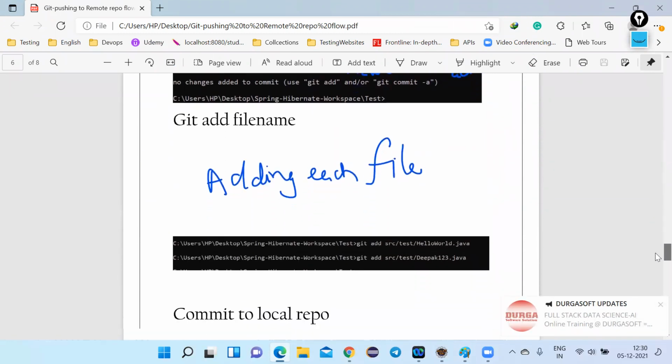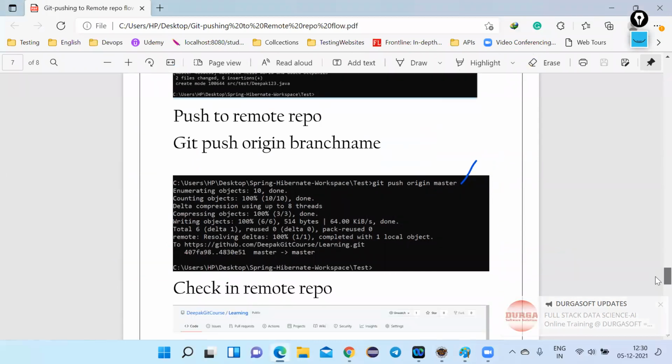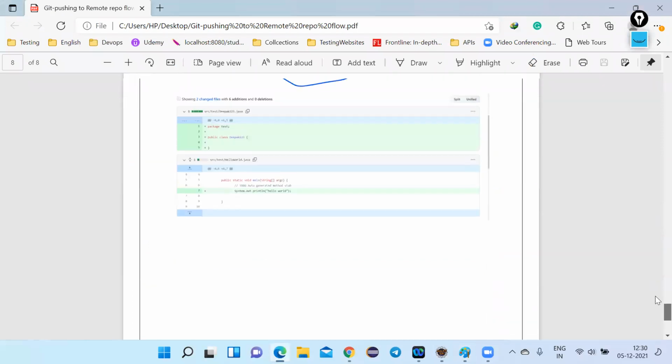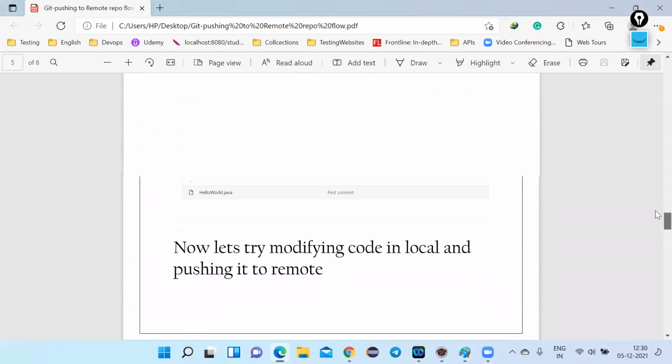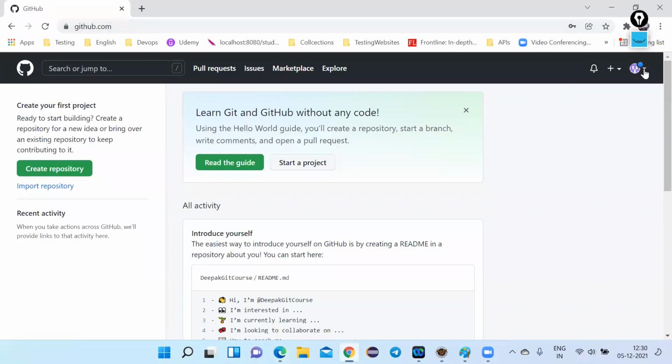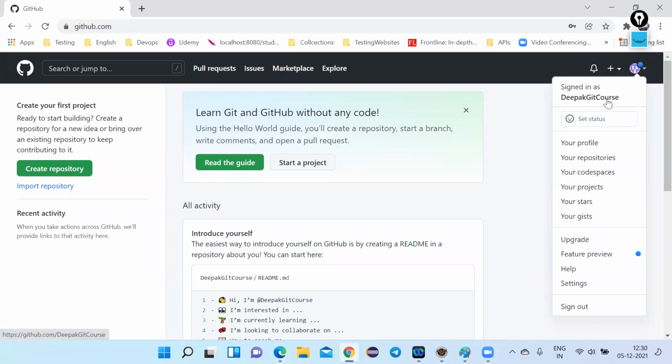push the complete path. Sometimes you would be getting this, so I have mentioned that as well. If you get any error, I have added this. So git config --global user.name, you need to mention your username which is available in the remote repository. This is my username, Deepak Git course.